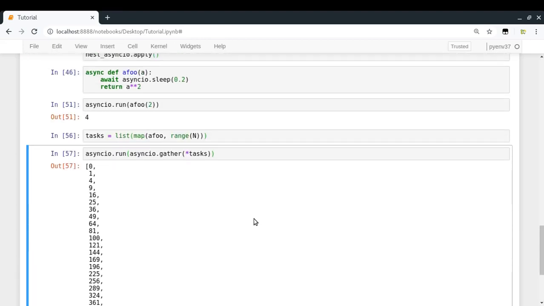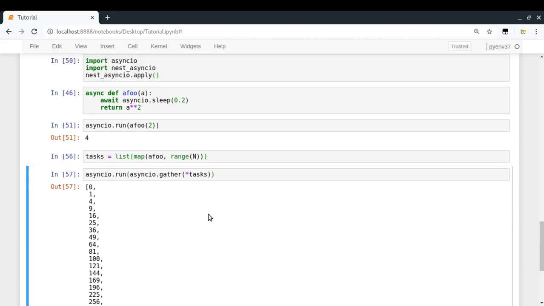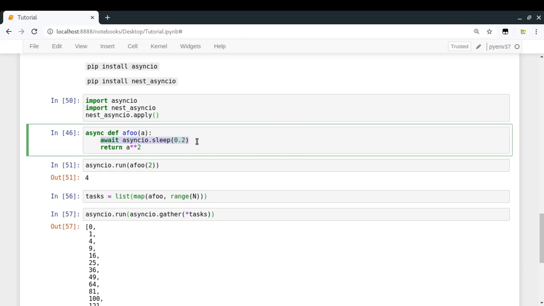We are getting it in perfect order in which we want, and you might have noticed here that it happened very fast, right? Because of the concurrent execution done by asyncio, during the blocking code, other functions were running, so it's quite fast if it's seen that way.